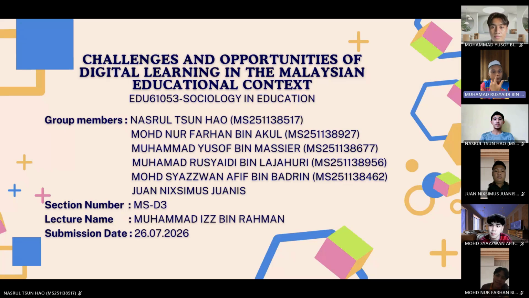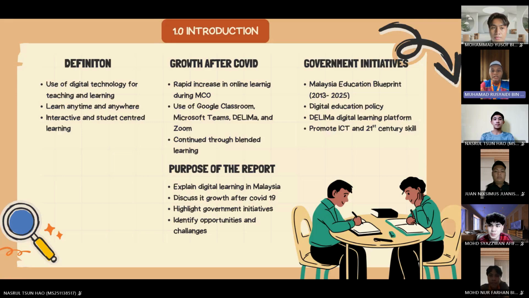Next, I will present about our introduction, which is about digital learning in Malaysia. First, let me explain the definition of digital learning. Digital learning is the use of digital technology, such as computers, smartphones, and online platforms, to support teaching and learning. It allows students to learn anytime and anywhere. It also makes learning more interactive and student-centered, where students can actively participate in the learning process instead of only